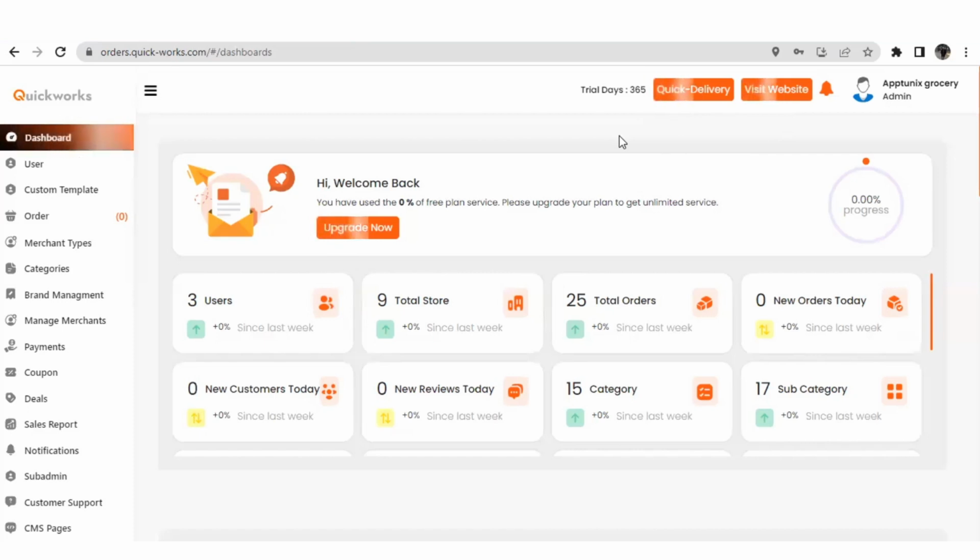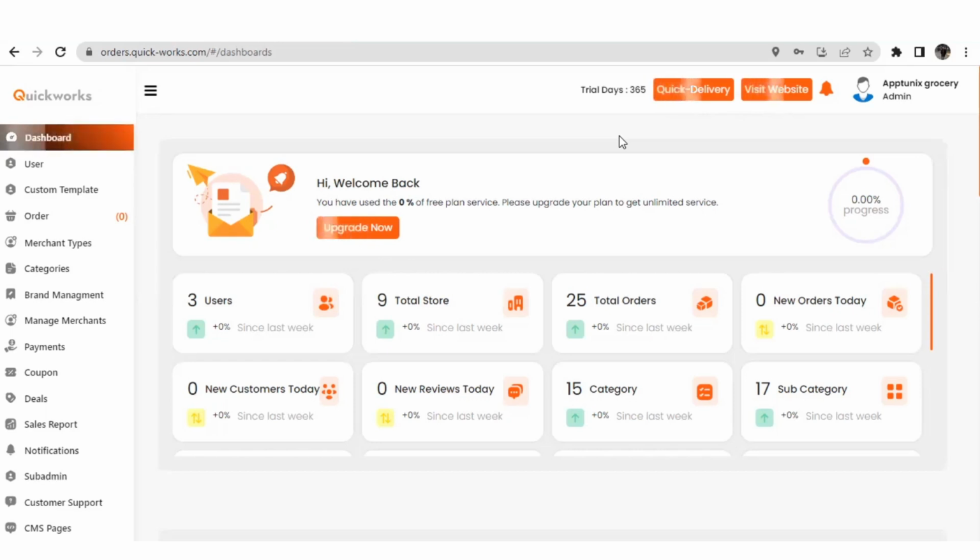So in this platform we will be providing you the admin panel for the owner of the business, using which he can manage everything. Second will be the merchant panel, using which merchants can onboard the items with their pricing. Third will be the customer applications, both Android and iOS, and a customer website, using which customers can surf around and place an order. So starting with the admin panel, as you can see on my screen, this is the